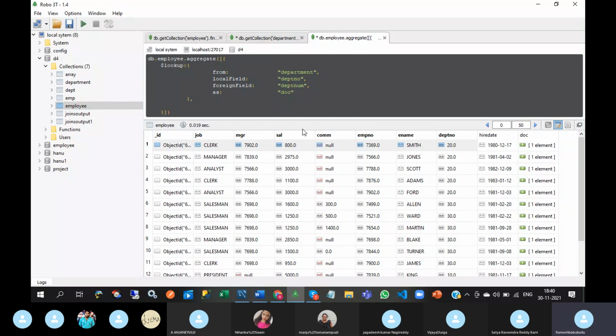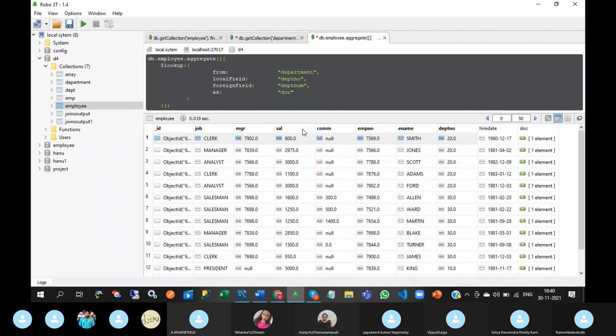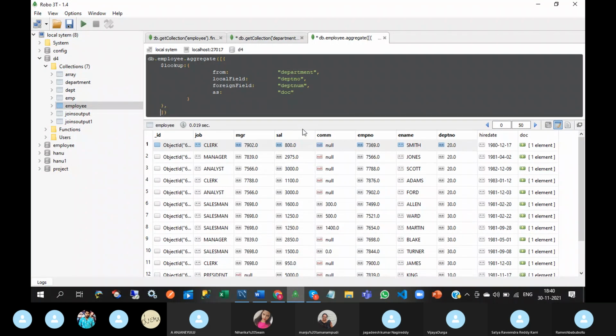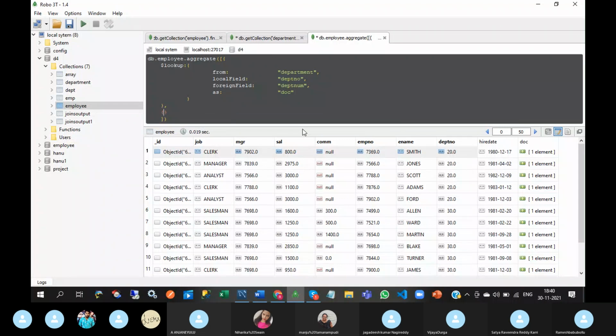You need to write a projection. What column names do you want to display?